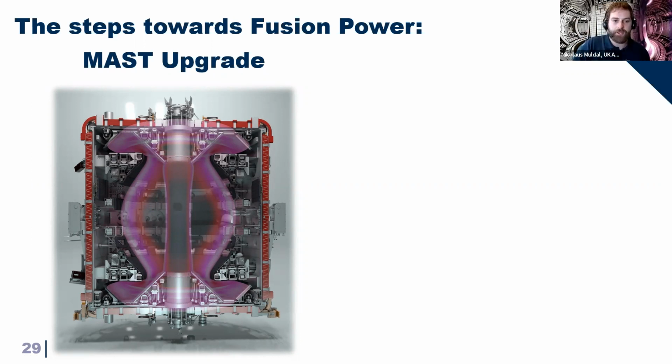These are where the plasma becomes so unstable that it actually touches a part of the wall and then effectively switches itself off, cooling down from a plasma back into a gas, and not very great for that sustained fusion power. And the key technology that MAST upgrade is looking at is a new divertor design known as